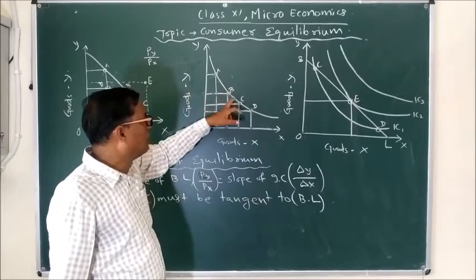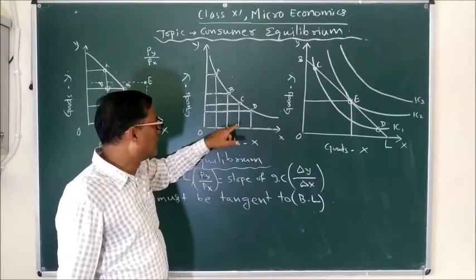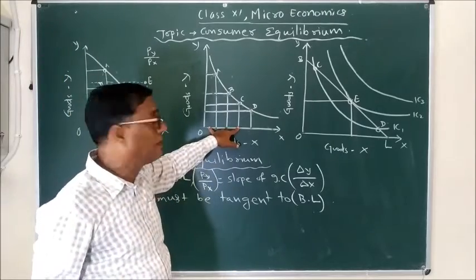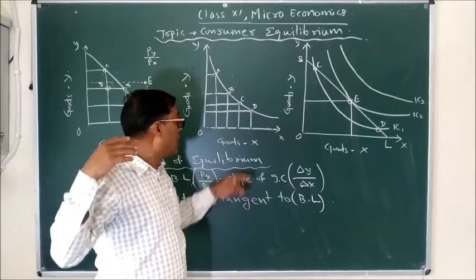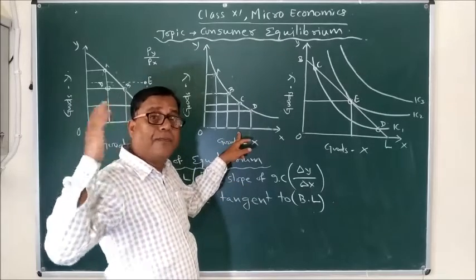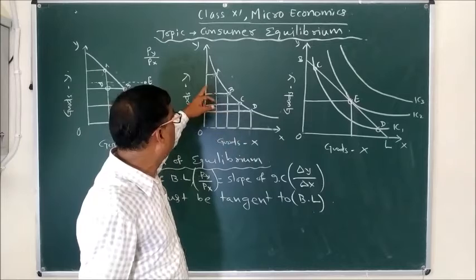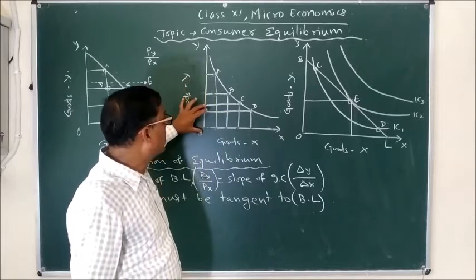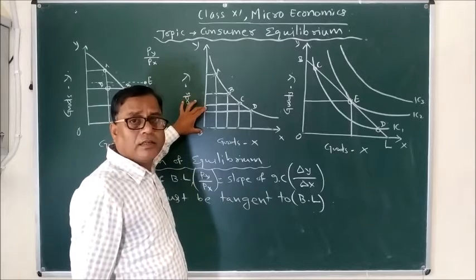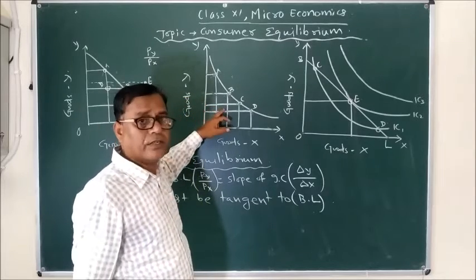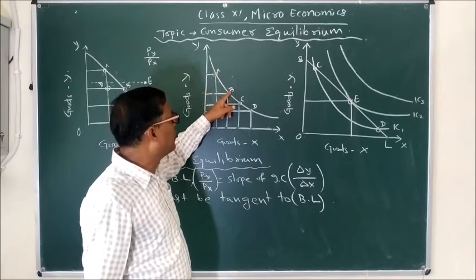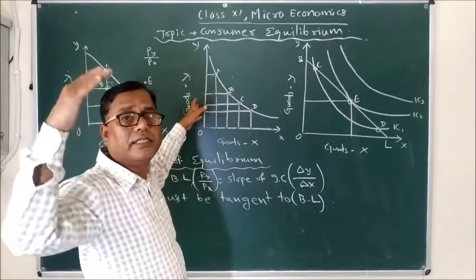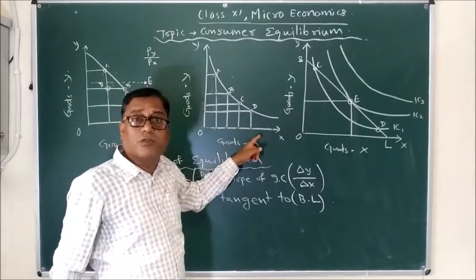The same will happen when he moves from B to C. Yet again the stock of X has increased. That means the marginal utility of X is again reduced, but when the stock of Y is reduced from B to C, then the marginal utility of Y has increased. So with the change from A to B, B to C and C to D, the marginal utility of Y is going on increasing, whereas the marginal utility of X is going on falling.